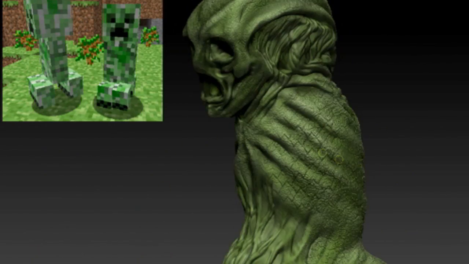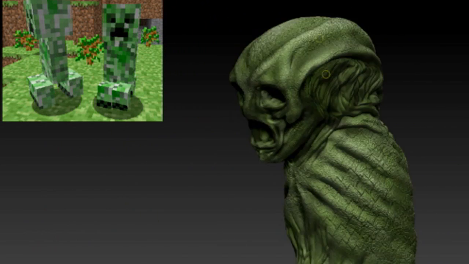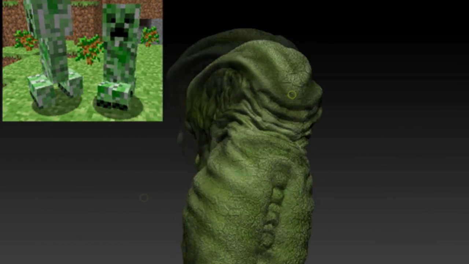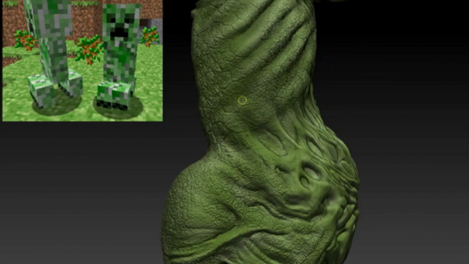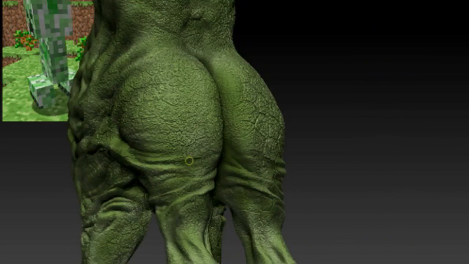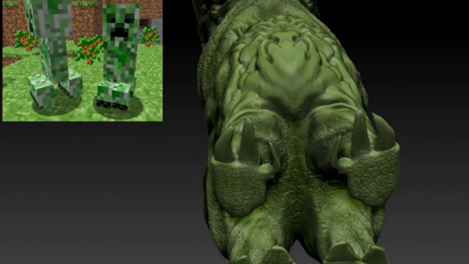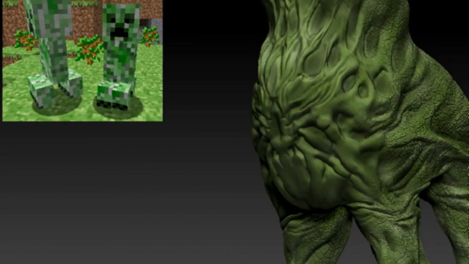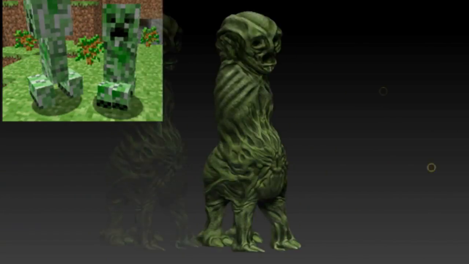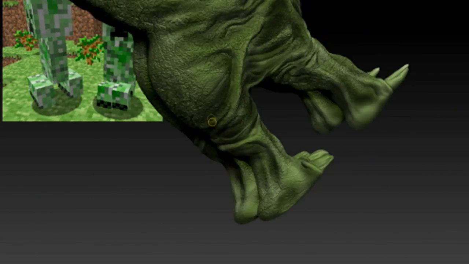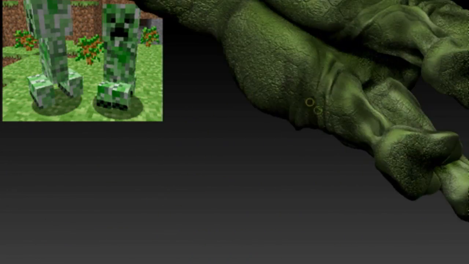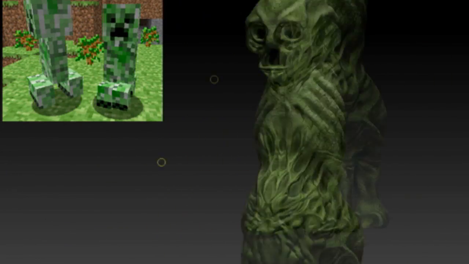And the details are actually propping up, and it really looks sick. I like that. And I bet you if you saw this in real life, you'll be creeped out. I think that's why they call it creepers. But yeah, going over darker areas. You can really see depth in the model now due to the color. And I remember when I was doing this, I realized that I added too much black, so I decided to add a lighter coat of green, and I believe I'm about to do that right now.